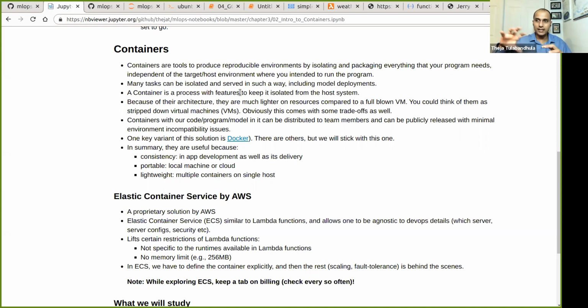It doesn't matter whether the machine is on AWS or EC2, or how much RAM or storage it has, or, more importantly, what software versions it has. The model serving code is only limited to what the container lets you see, and it's basically some sort of isolation. In that way, you can have this portability.